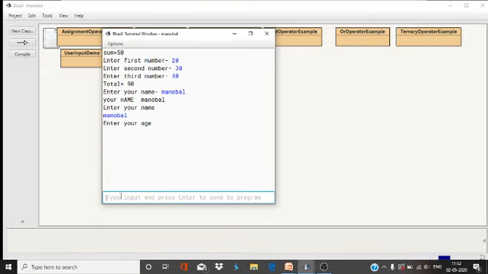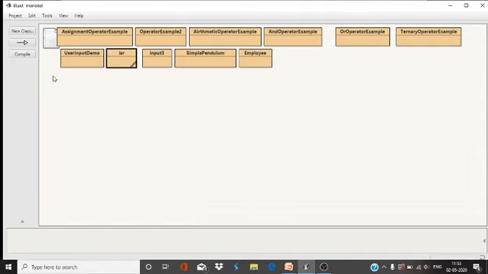Enter your age, suppose 100. Welcome Manobel, your age is 100. Like that the message will be printed here. Whatever value you want to accept, you can accept from the InputStreamReader class also, and the Scanner class.